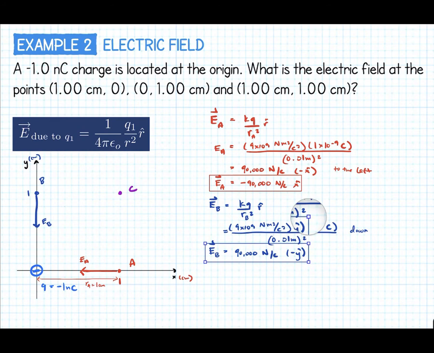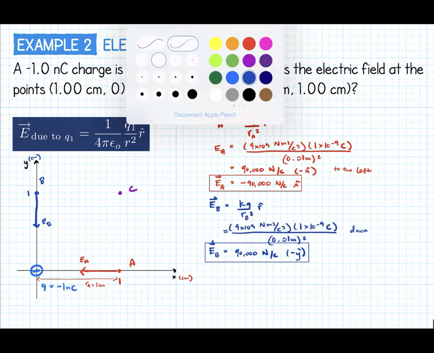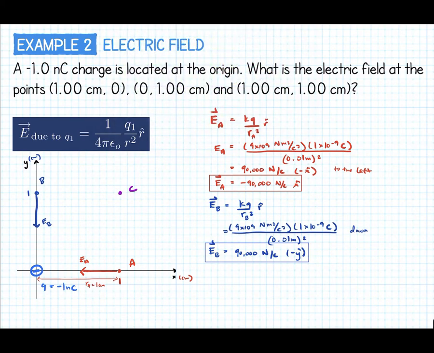And last but not least, EC has a slightly different direction, and if you want to look at where it's going to point towards your charge, but it should be a little bit smaller than EA and EB, because remember, our distance, which we'll call RC, should be equal to, well, let's see, we have a right triangle with two sides 1, so using the Pythagorean theorem, that's going to be the square root of 1 squared plus 1 squared, which is the square root of 2. So that's going to be the square root of 2 centimeters, okay?